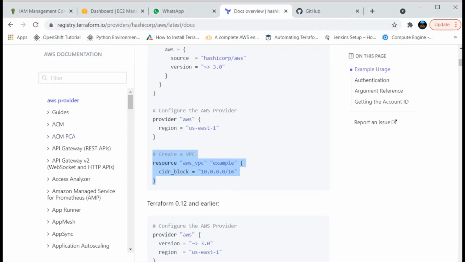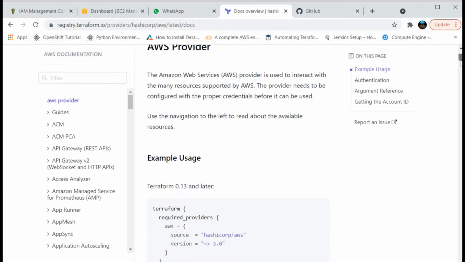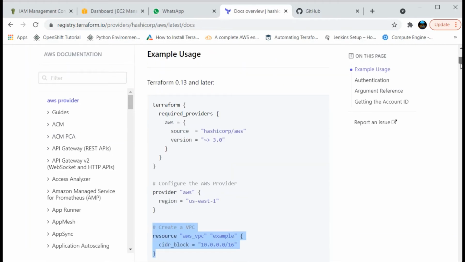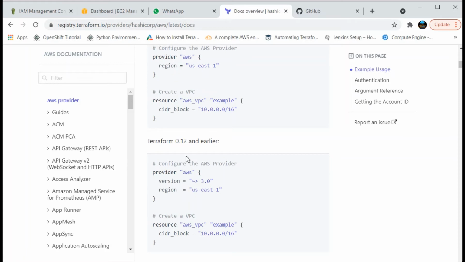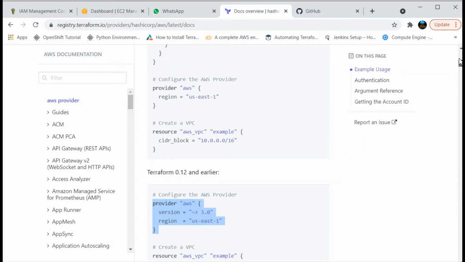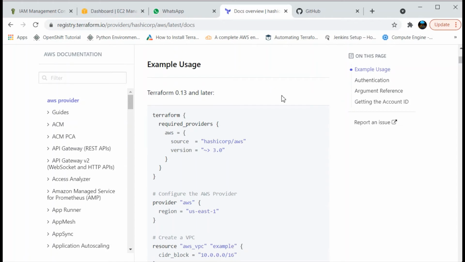I hope I am here in AWS. I will show you the Terraform document. If you see here, what they have mentioned: Terraform 0.12 and earlier, you need to use just simply provider AWS and region. This will work. But if you are using 0.13 or later version, you need to specify a block called terraform.